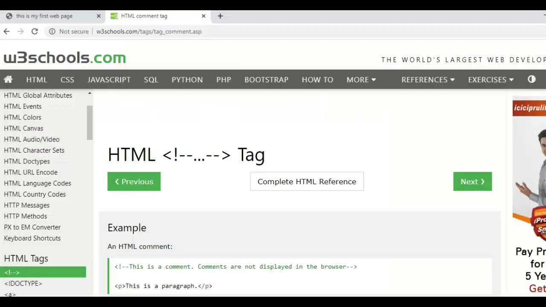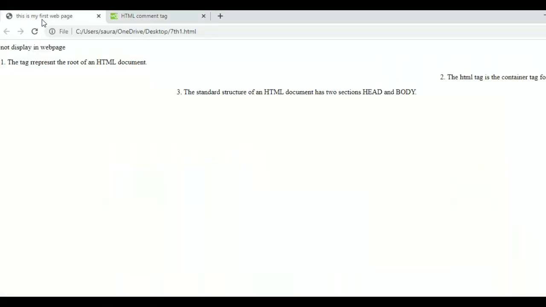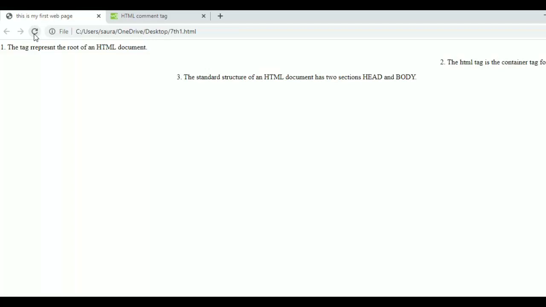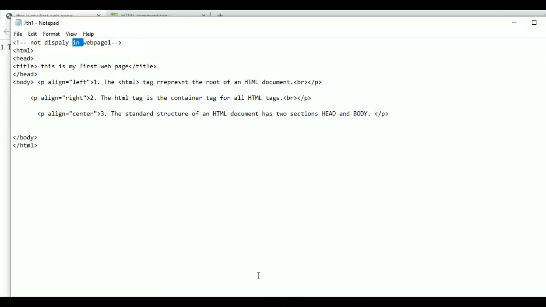Let's see by running this. So refresh the page and we can see that comments are not displaying here because of it is in comment section.